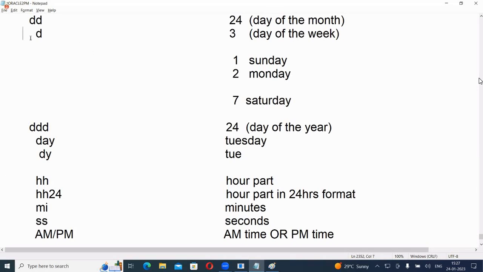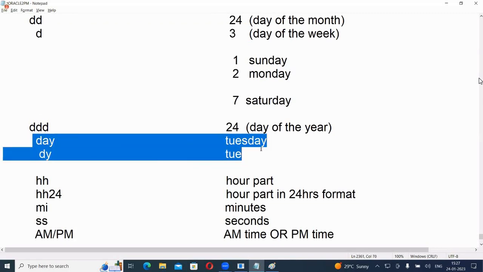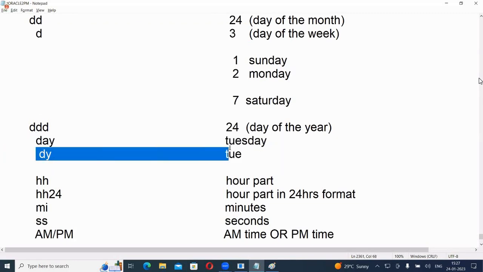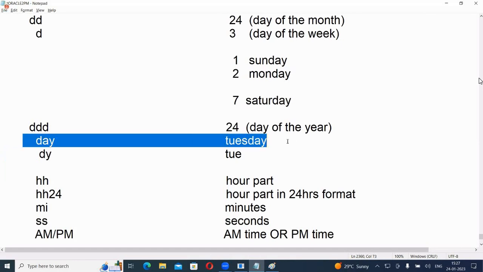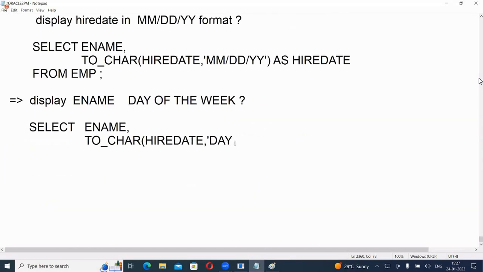So D returns what? D returns number. But these two return what? Name. So DY returns first three characters. DAY returns what? Full name. Now tell me here, I just want to show full name. Then DAY, DAY